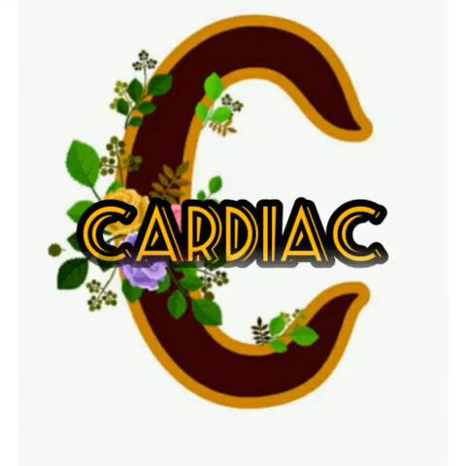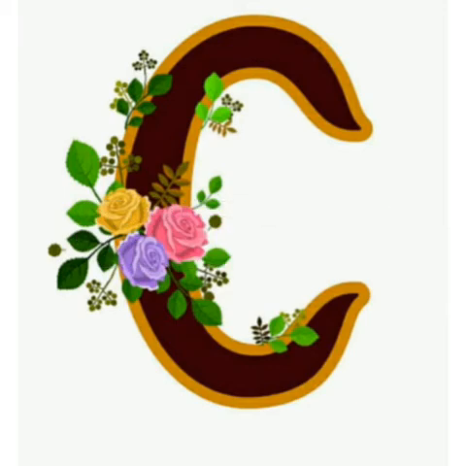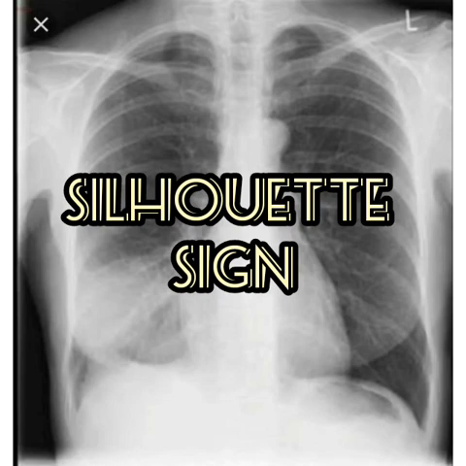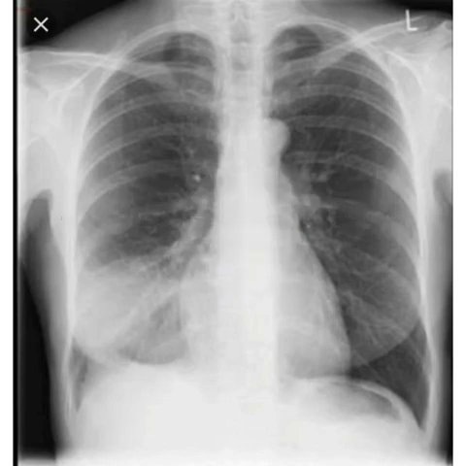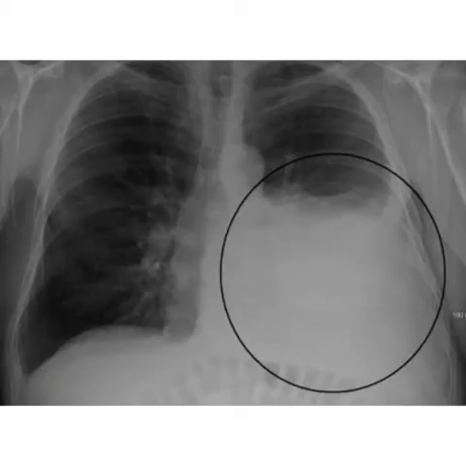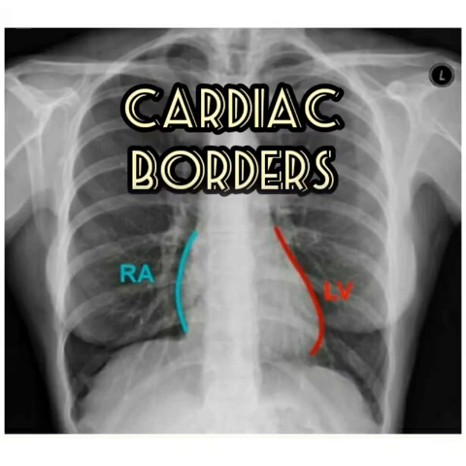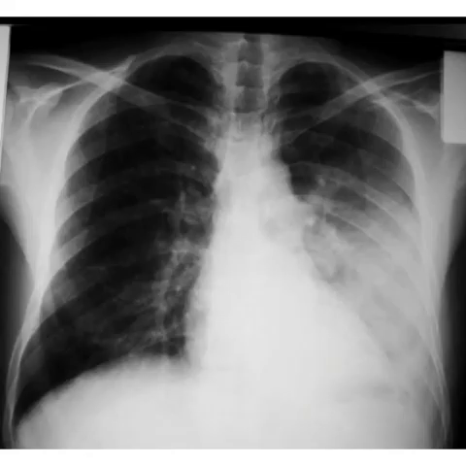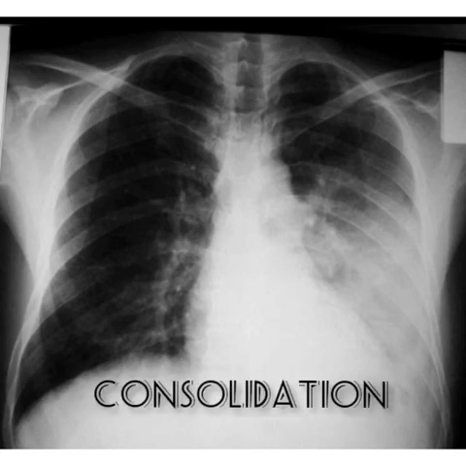C stands for cardiac. This part involves the heart and the surrounding structures. The size of the heart should be identified and the heart border should be clear. In radiology, the silhouette sign refers to the loss of normal borders between thoracic structures. It is usually caused by an intrathoracic radiopaque mass that touches the border of the heart or aorta. Inspect the borders of the heart, which should be well defined in a healthy individual. The heart borders may become difficult to distinguish from the lung as a result of various pathological processes, for example consolidation, which causes increased opacity of the lung tissue.